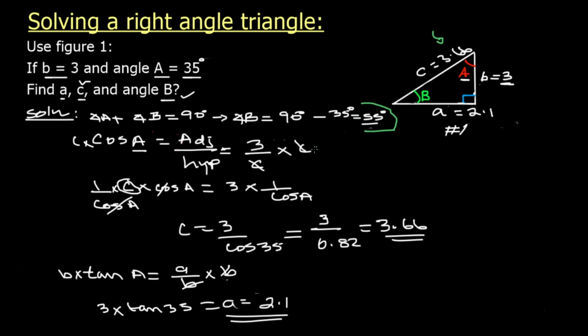We are asked to find side A and C. Side A we said is equal to 2.1, and the value of C equals 3.66. Another shortcut could be, once we know two sides, let's say C and B maybe, we could have just